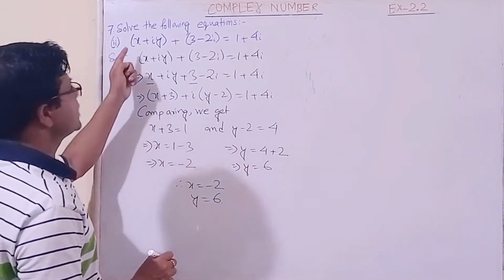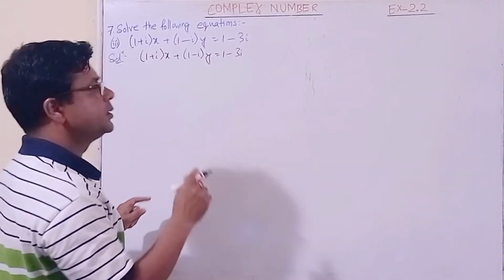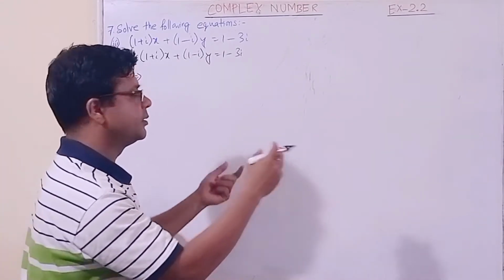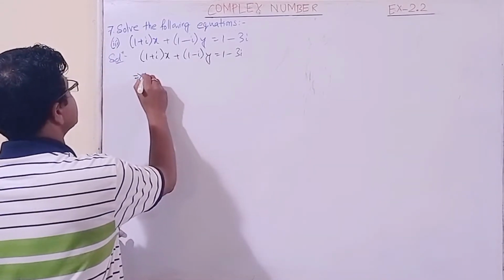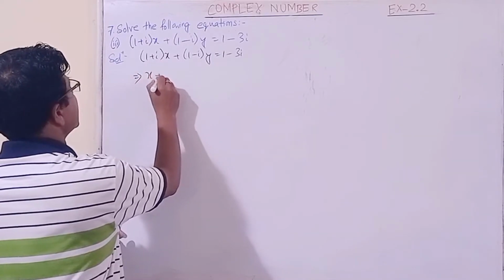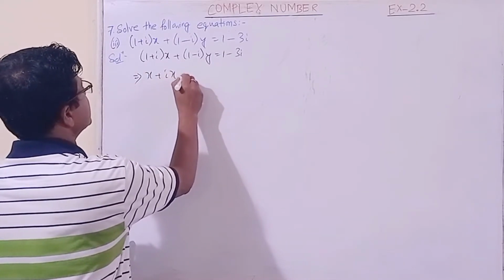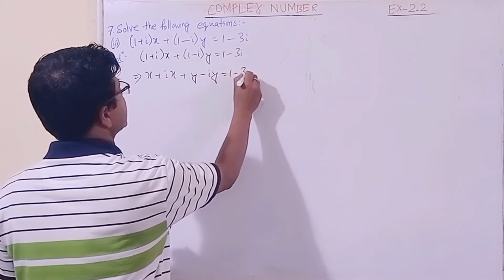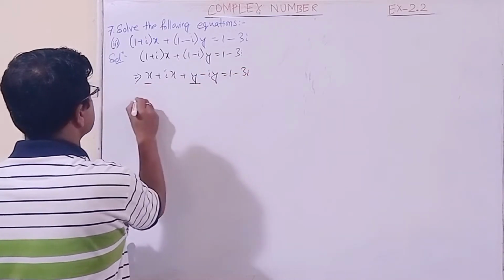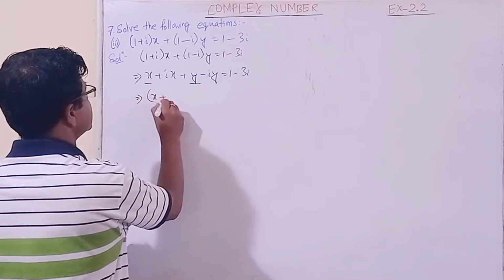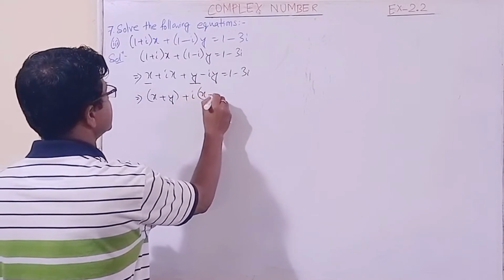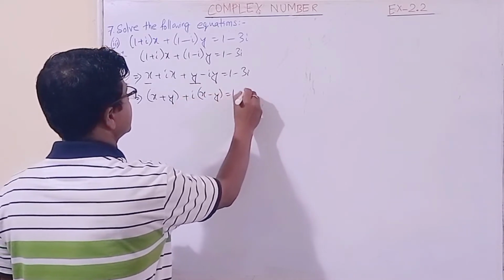Then let us take the third equation. Here in number 3 also we shall follow the same procedure. Real part equal to real part, imaginary part equal to imaginary part. So let us separate them. 1 into x, x, i into x, ix, 1 into y, y, iy, 1 minus 3i. So the real part x and y together, x plus y, and the imaginary part, i common, x minus y, equals 1 minus 3i.